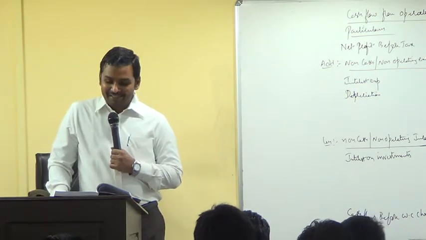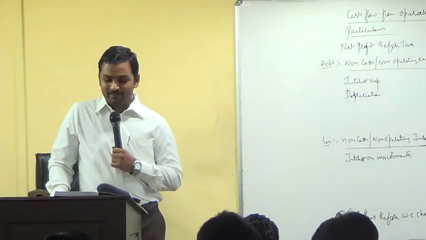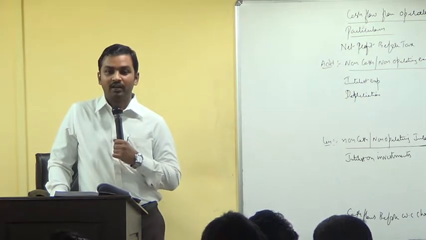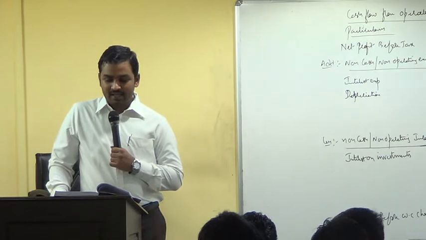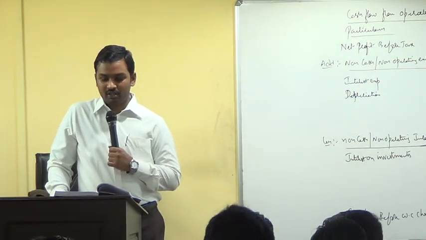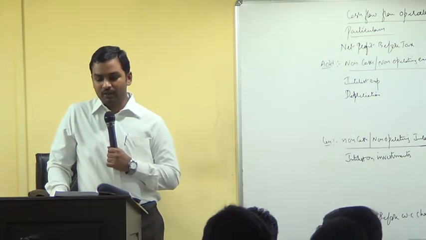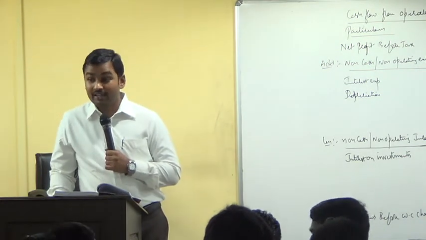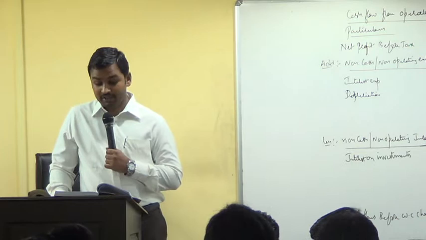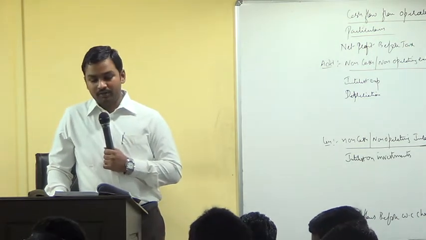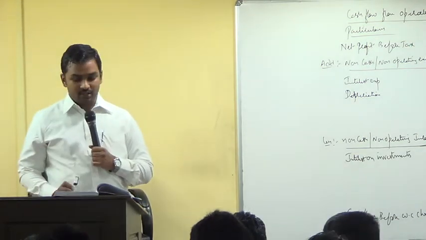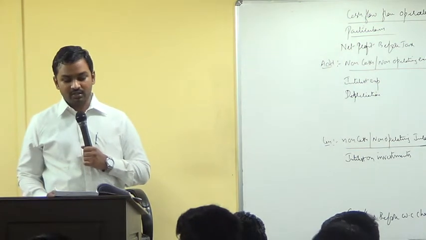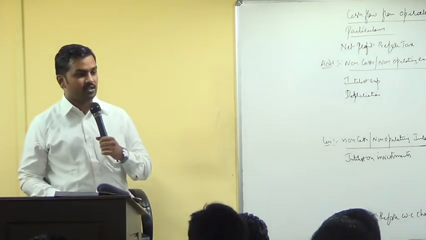Point number 1. Depreciation at the rate of 25% was charged off on the opening value of plant and machinery. Second point. At the year end, one old machine costing 50,000, WDV 20,000 was sold for 35,000. Purchase was also made at the year end. So we have a lot of information given. Third point, 50,000 was paid towards income tax during the year. Fourth point, building under construction was not subject to any depreciation.